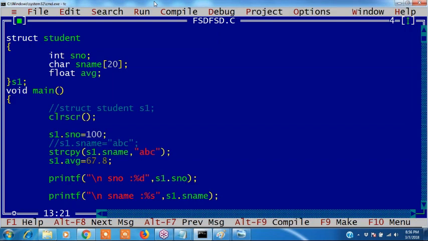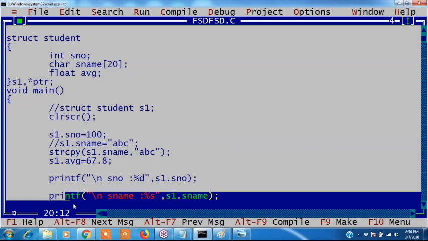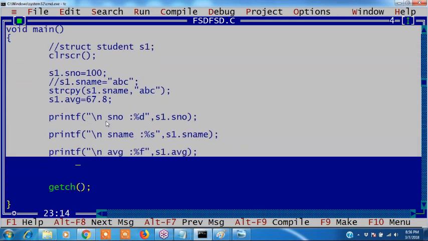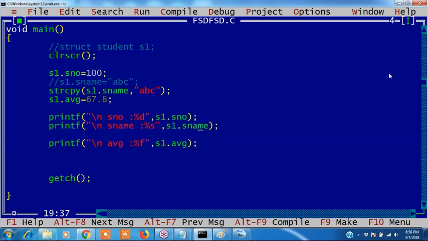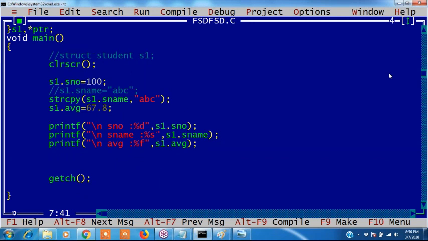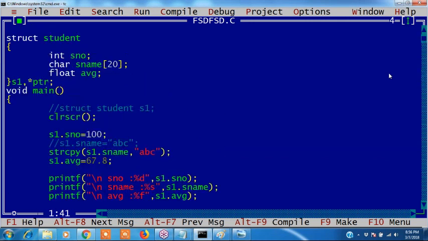Okay, if it is a pointer, how to access? You know this. If it is a pointer, we have to take star ptr. Instead of this, we can write ptr arrow s number, ptr arrow s name, like this. Guys, understood, right? If it is a pointer and if it is a variable, how to access? Okay, right, guys, this program shows how to access the elements. Also many subtopics are there. We discuss those in tomorrow's session. Write this first.